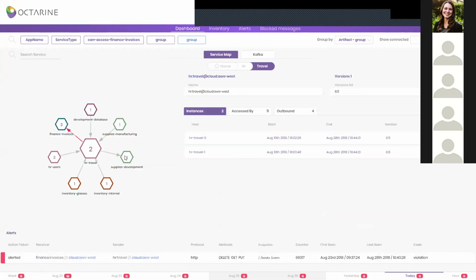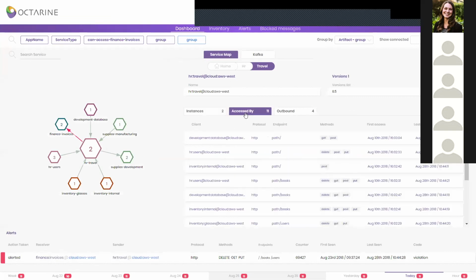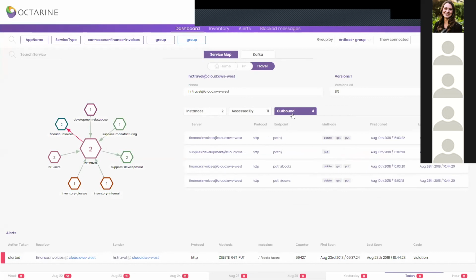And we can see which instances it has. This one is a stateful set, so the pod names are actually meaningful. We can see which services access it, and not just which services, but actually which paths are being accessed, which HTTP methods are being used, and the same for outbound traffic.